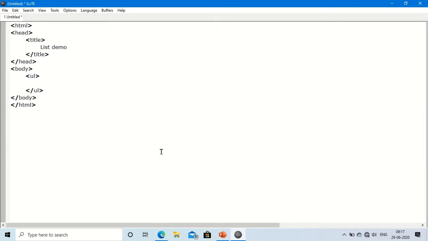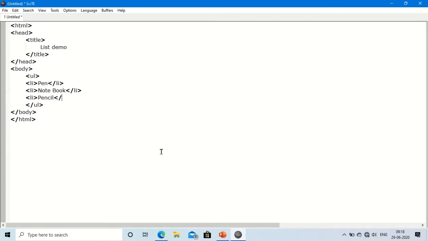To create each item, we have to give the li. Li, the first item, suppose my first item is pen, and li will close. Second item, I want to give notebook, and I will close this li. Third item, I want to give pencil.